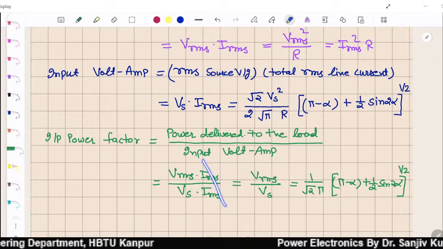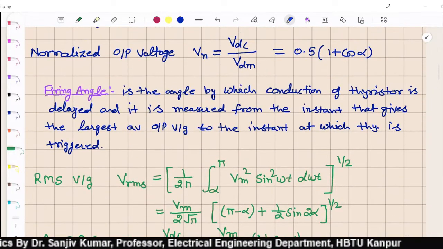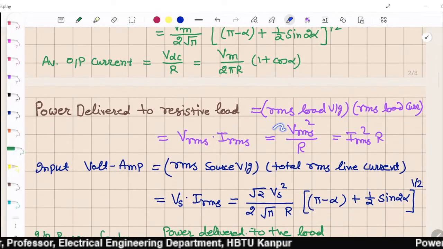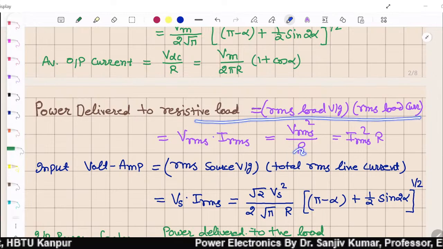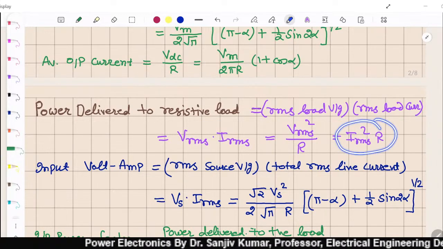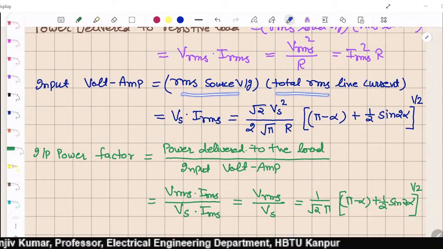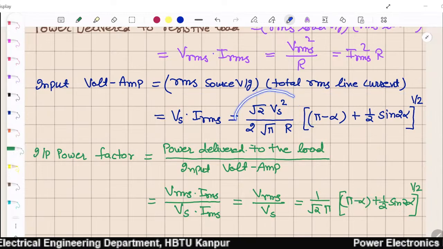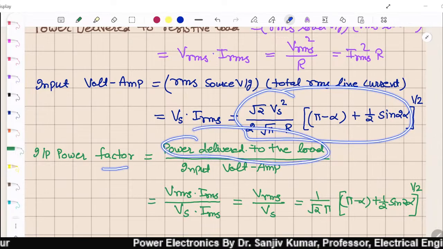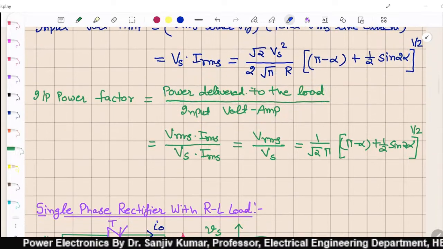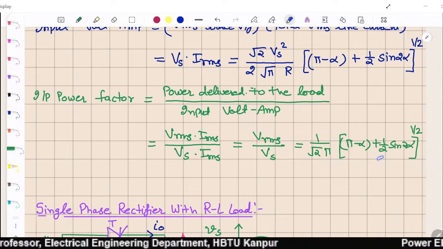IRMS gets cancelled out. It is finally VRMS by... we have taken the power delivered to the resistive load as RMS load voltage multiplied by RMS load current. It comes out to be IRMS square times R, and input volt ampere is RMS voltage multiplied by total RMS line current. So it comes out to be this. Now input power factor is power delivered to the load divided by input volt ampere. It comes out to be 1 by under root of 2 pi minus alpha plus half sine 2 alpha, whole